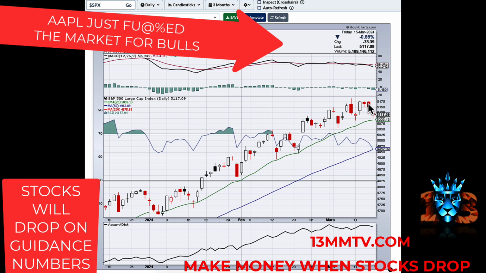And considering this moment in time and what just happened to Apple, companies are going to get very conservative on their guidance. And since it's the guidance part of the earnings report that really propels the stock higher or lower, expect a lot of stocks to drop. It's not like we didn't already have a lot of stocks dropping, but expect a shitload of stocks to drop. Because again, Apple is sort of an index by itself for what the rest of the stocks are going to be doing. And now that Apple got hit with a $409 billion fine or agreement,